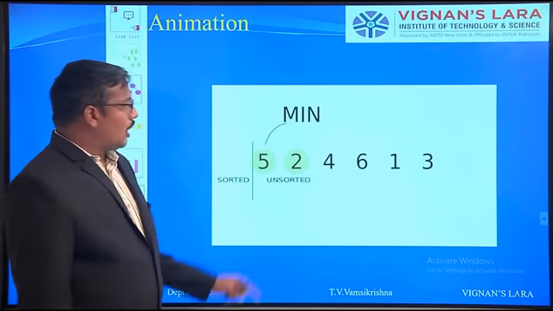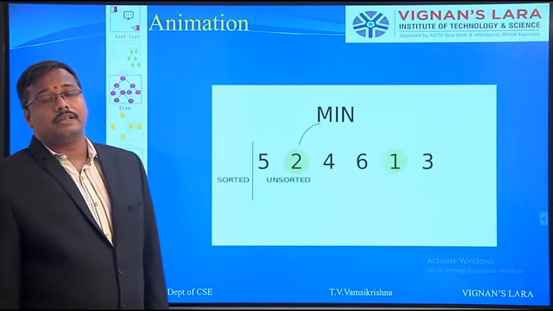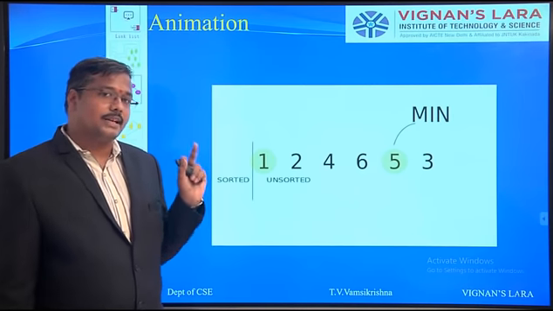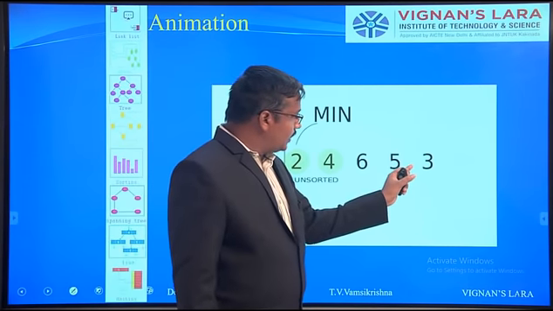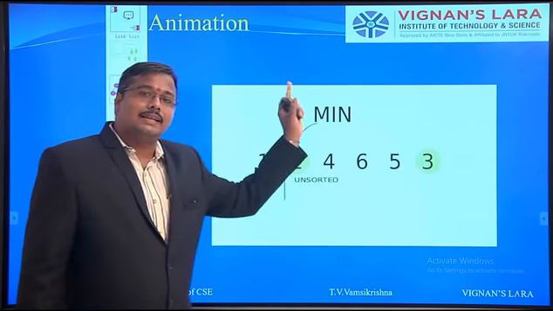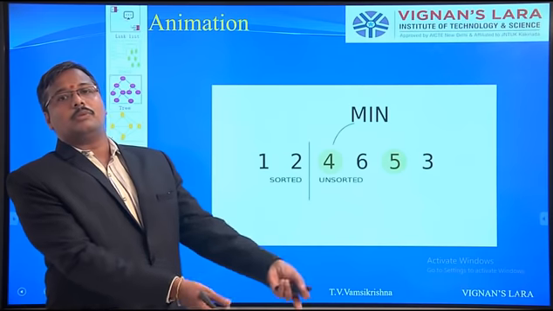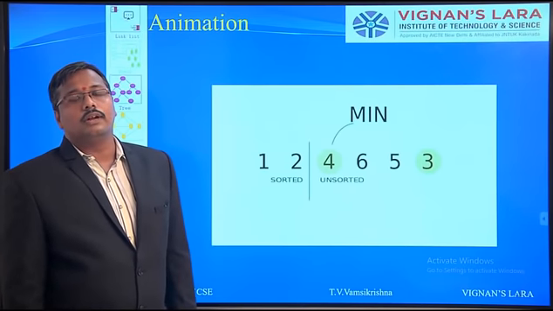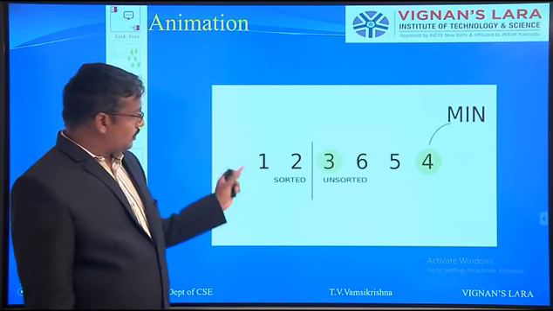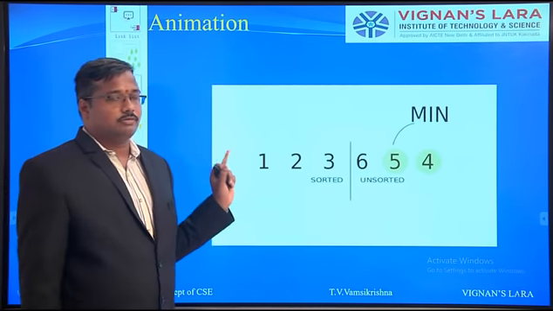So how many passes are required? Suppose here 6 elements are there, n elements means 5 passes are required, meaning n minus 1 passes are enough. Why? Because when we move to the last position, in the last pass only one element is there. We select that one as the minimum element and the rest of the elements are 0, so that is the minimum element only. So there is no need to find the minimum element for the last pass. Out of 6 elements, 5 passes are enough.